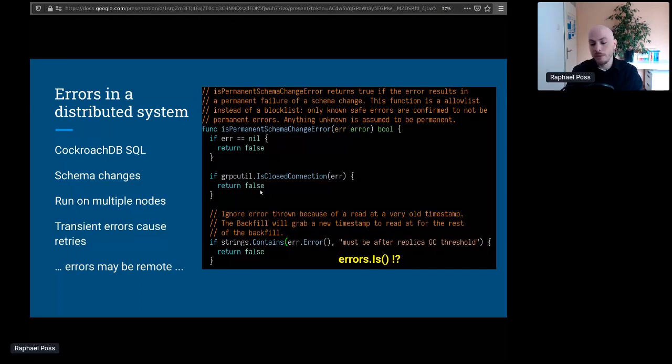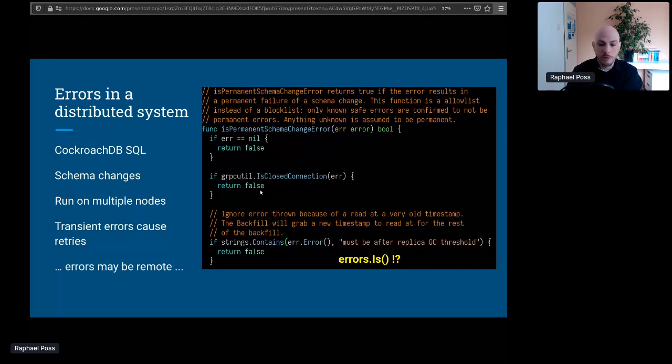So what happens when you have a distributed system, multiple nodes? Well, some nodes can fail. There are transient errors. For example, a server is down for maintenance, or maybe there is a network trouble somewhere. And so there are a lot of transient errors all the time. And in order to prevent SQL clients from being affected, we want to retry a lot of operations internally to the database so that the client doesn't notice that there is something amiss.